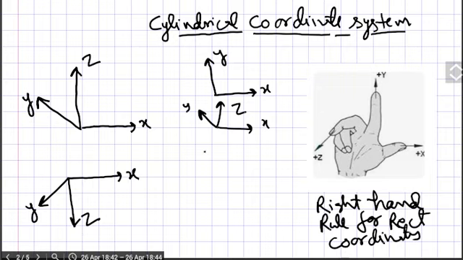I am making this coordinate system because in the flow through pipe discussion, we will use this kind of inverted coordinate system. It's very easy to draw when you want to show z in the downward direction, then you can make it like this. And now we come to the cylindrical coordinate system. What is this coordinate system? The basis is always the rectangular coordinate system. Like this you can draw.